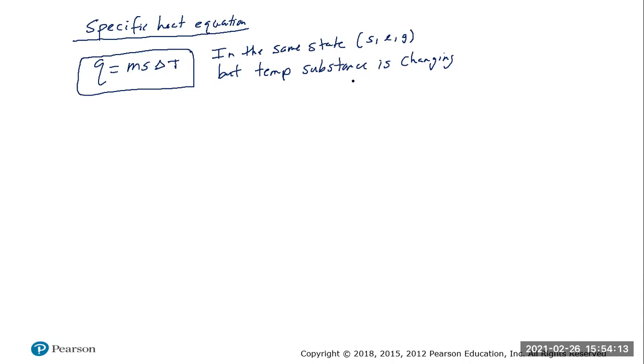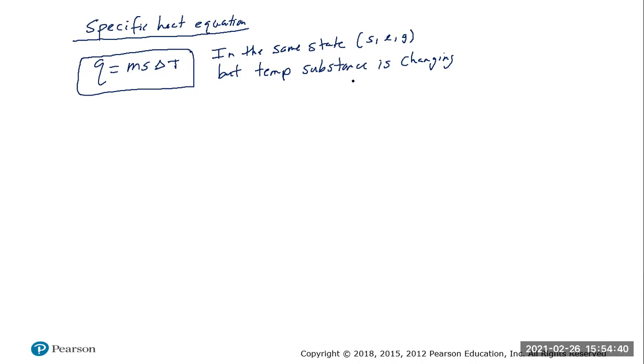Even if you drop some hot pieces of metal into water, water is going to most likely still stay liquid at that point. If you just took a piece of metal by itself and you heated it up, the metal probably is not going to change its state, it's going to remain solid. But in both cases, the water or the metal, the temperature of those will change depending on what you do to them. So that's what we use the specific heat equation for.